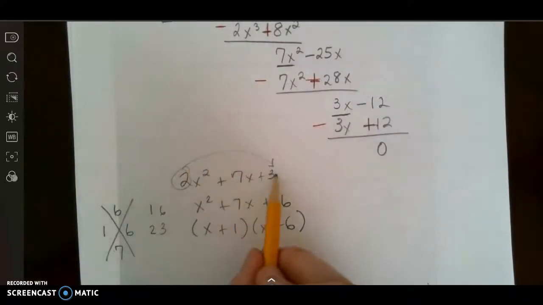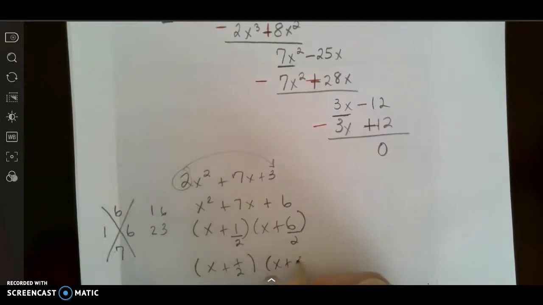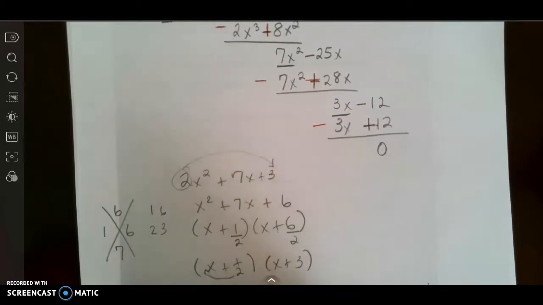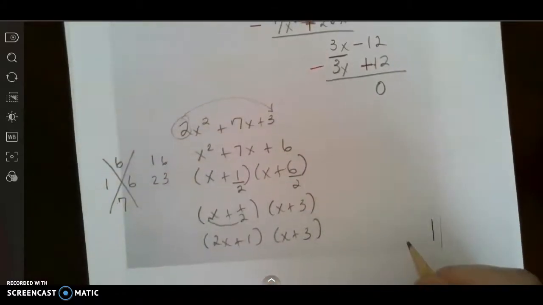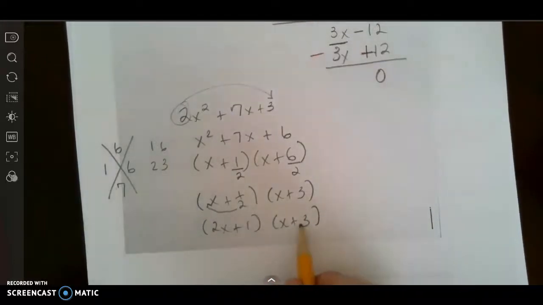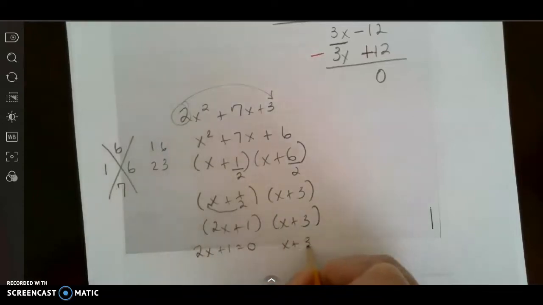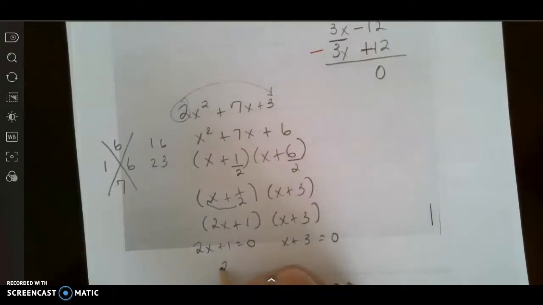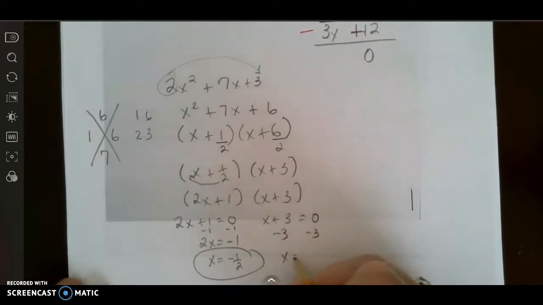Now that I multiplied by 2, I need to divide by 2. And I get x plus a half and x plus 3. Slide that over, and I get 2x plus 1 and x plus 3. Now, those are my other factors. I'm still looking for all my zeros. So set each one of these equal to 0. And I get 2x equals negative 1 because I subtracted 1. Divide by 2. x equals negative 1/2. There's one of my other zeros. x equals negative